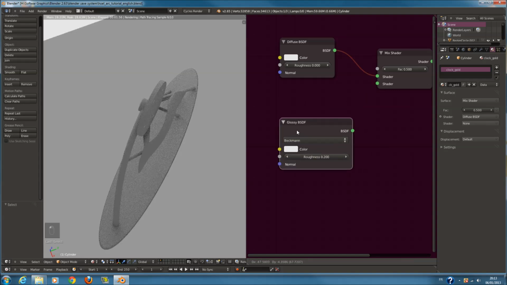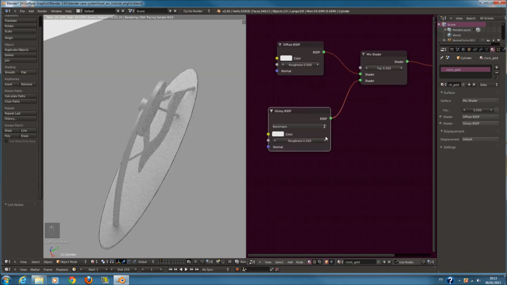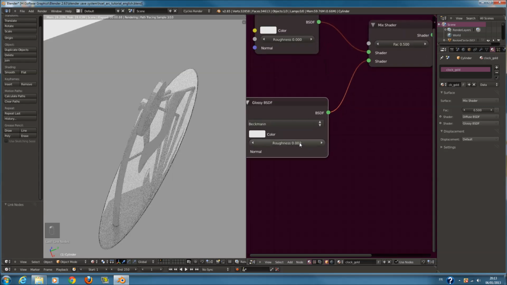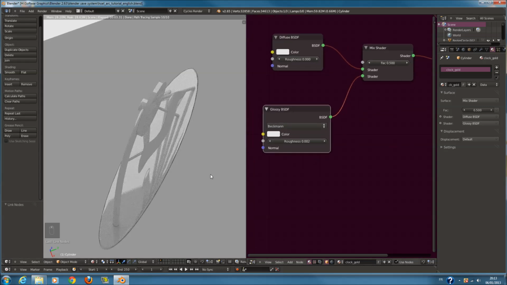Okay, good. And decrease to 0 too. Turn to 0.002. Perfect. And now I want to add